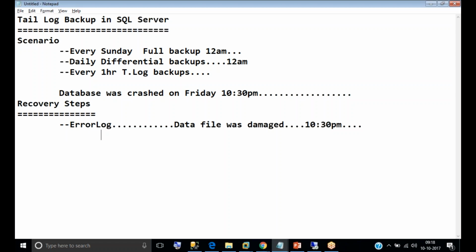Already we have seen, if a data file is damaged, what is the error number? Error number 17204 we will get if the MDF file is damaged. If the NDF file is damaged, we'll get the same error. If the NDF file is damaged, or for the LDF file also, we have seen the same. Okay, after confirming the error,